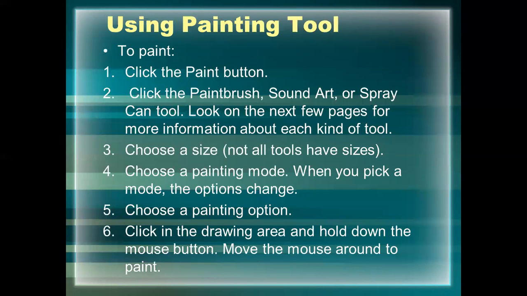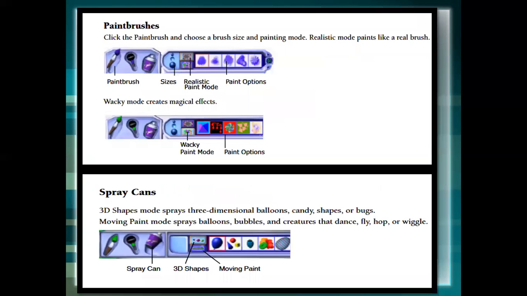Now the next tool, which we learned in the last class also but will do in this week, is the paint tool. In the paint tool, we click on the paint button. After that, what will happen? You can see these 3 options: paint brush, spray can and the sound. We will not be learning the sound one. We will be learning about the paintbrush and the spray can. When I click on the paintbrush, definitely the sizes will come, as in the draw tool also. Yes or no? Do you remember that some sizes come?